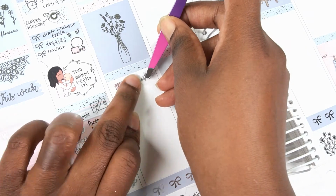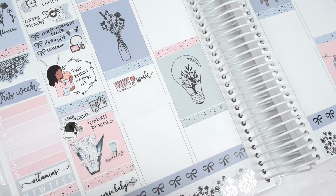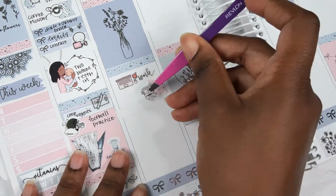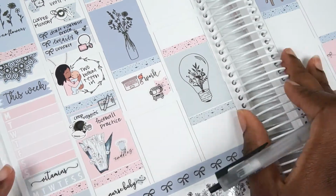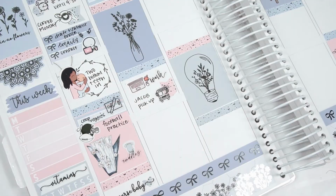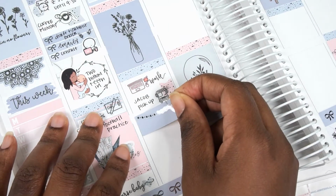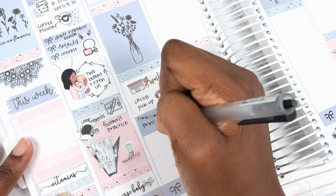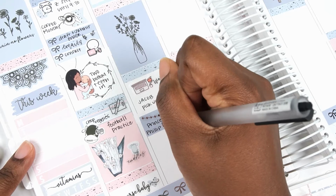Moving to Tuesday, I just put down a third box from the kit. It fit perfectly and just noted that I grabbed a breakfast taco and got on the road. I put down that laptop sticker, also from Paper Shire, and the work script is from Alyssa's Craft Shop. It's just a different font. I put down the flag sticker from Simply Said Life and just note that I picked up Jacob that day